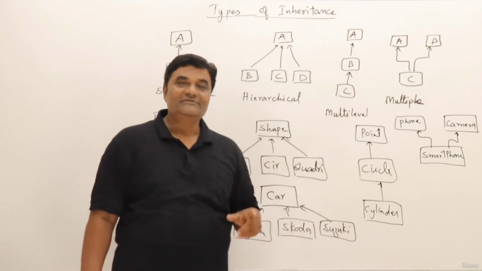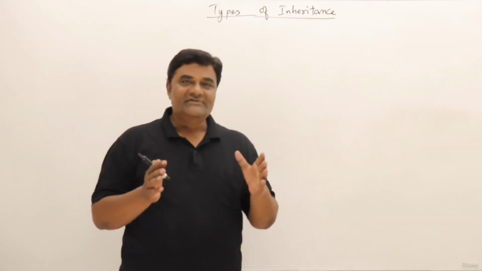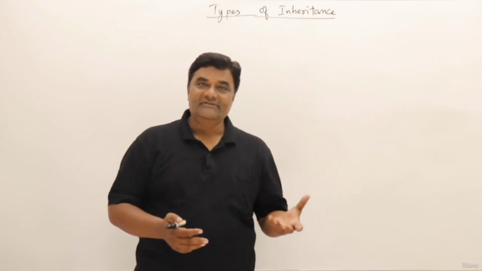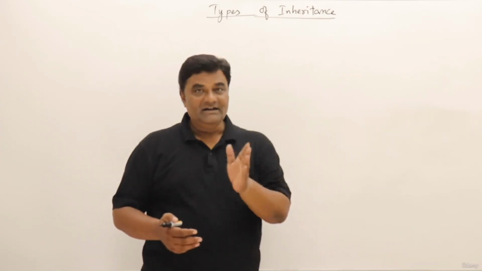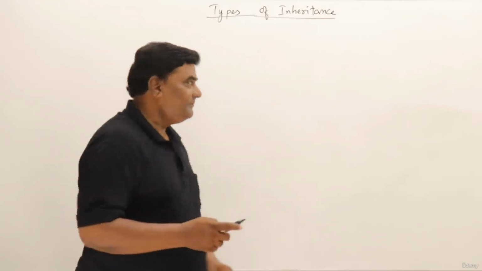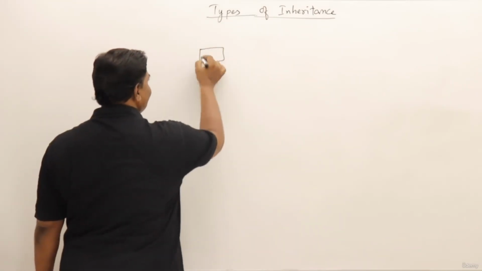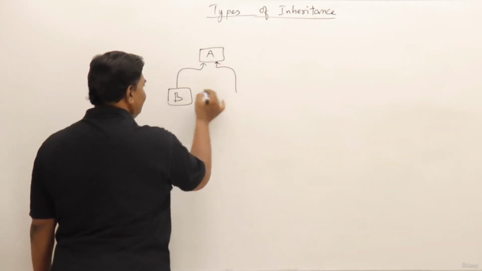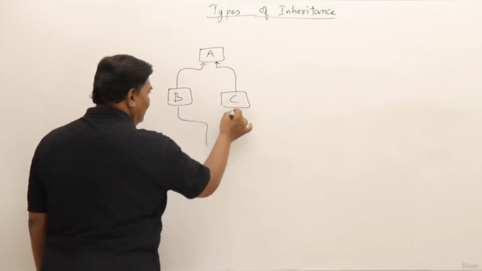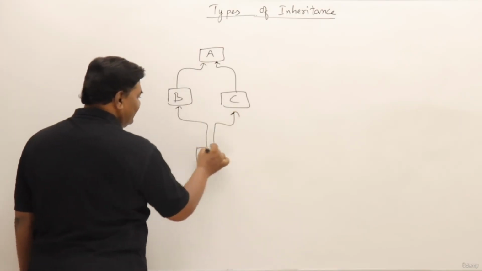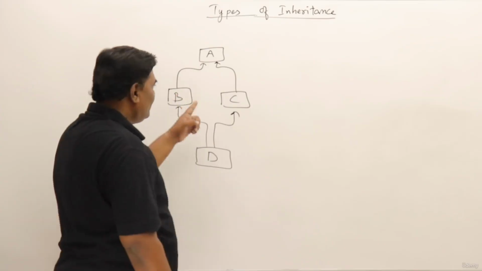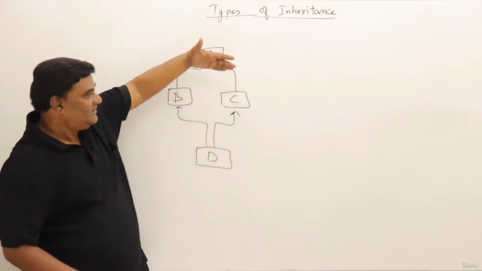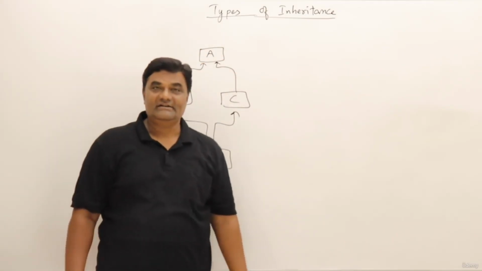Now there is one problem in this one, we'll discuss that. Next, there is one more type of inheritance, that is hybrid. Mixing hierarchical and multi-level, or multiple and multi-level, like this we can mix up. Suppose A has two subclasses, B and C, and from B and C there is one more class inheriting, that is D. Now this is a combination of hierarchical inheritance from the top, and at the bottom it is multiple inheritance.